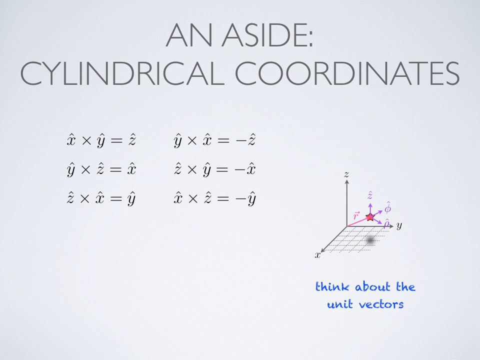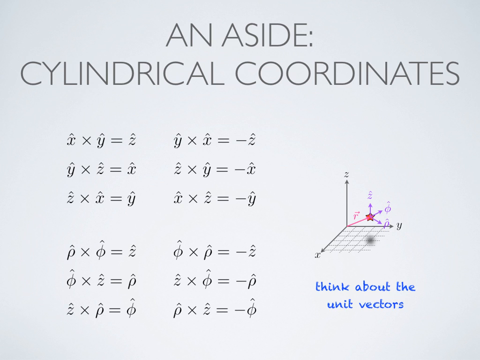Now, these unit vectors are orthogonal to each other. That means if I take cross products between them, they should give each other, just like they did with x and y. And in fact, that's what happens. If I look at rho and phi and curl my fingers the right way, I notice it gives me z. If I look at phi and z and curl my fingers the right way, it gives me rho. And if I look at z and rho and curl my fingers the right way, it gives me phi again. And negatives on the interchanges, just like we had with x, y, and z. So kind of circle those guys and hang on to them,